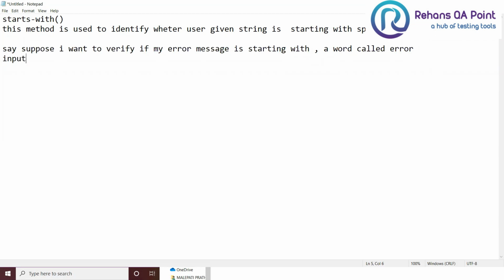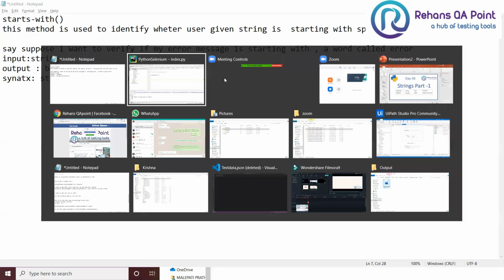The input is a string, and the output is always a boolean. The syntax looks like string dot startswith, which gives you a boolean value.